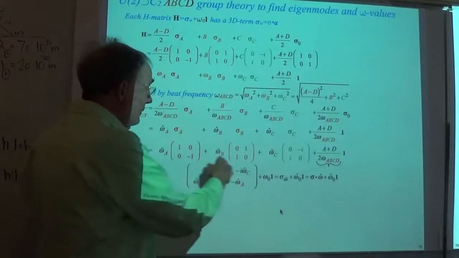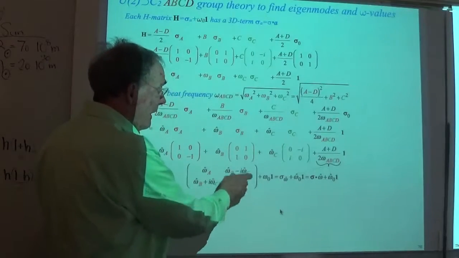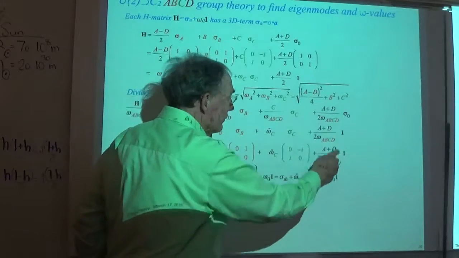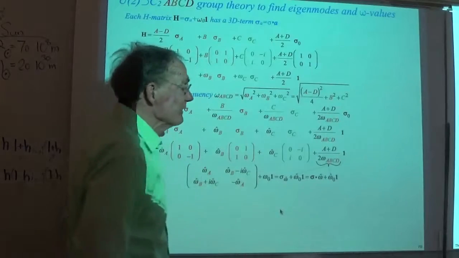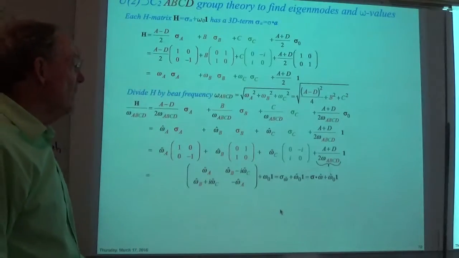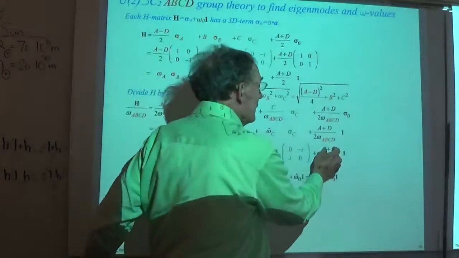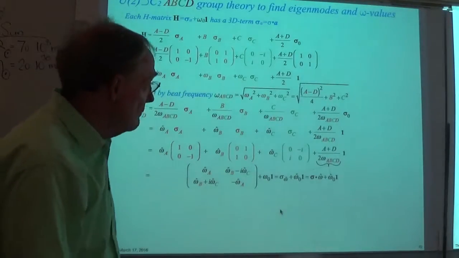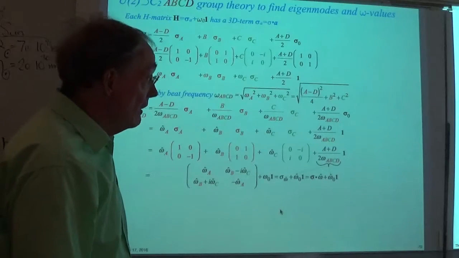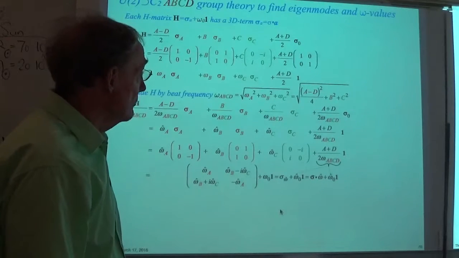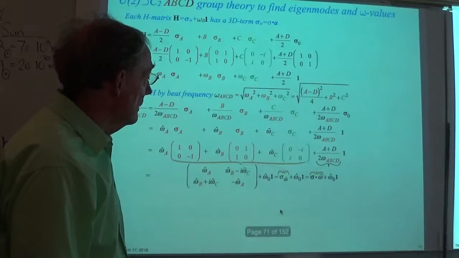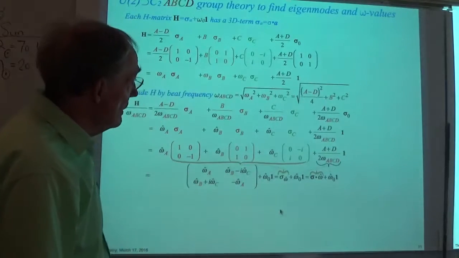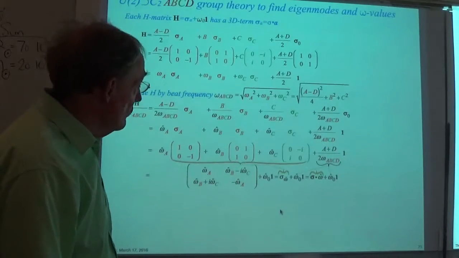All right, so I'm going to put these all together. Okay, and then I'm going to have this thing times a unit operator. This little thing here will just be this whole expression that's going to be tacked on at the end. Okay, I put a caret on it. It's not really unit. This thing right here is some other value, but just to keep the notation more or less the same. It's part of a four-dimensional vector is what it really is, but we won't be getting to that until a little bit later. So there's what we're dealing with. We're taking all of this stuff and working with that matrix. Okay, and if we do that,